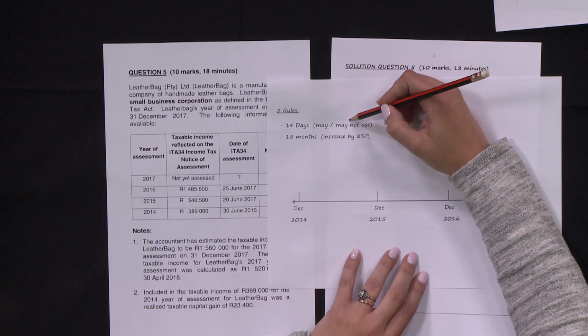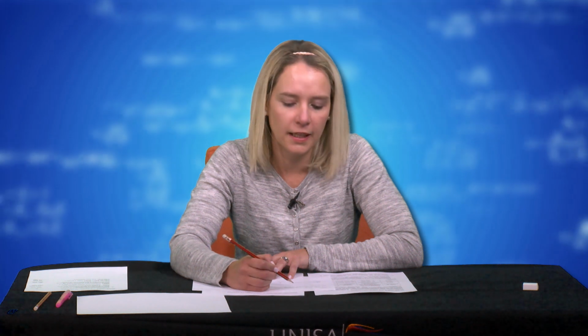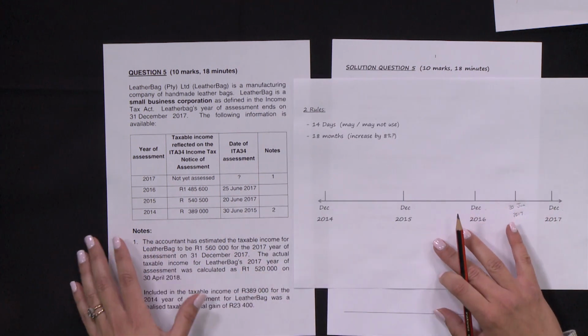When you are selecting a basic amount, you need to know two rules. Your 14-day rule: this is where a date of assessment is within 14 days of the date you need to make the payment. If it's less than 14 days, you can't use it. The next one is your 18-month rule. If the year of assessment you are selecting as a basic amount is more than 18 months from the date of payment, then you need to increase the basic amount by 8% for each year. So let's look at the information and apply it to our